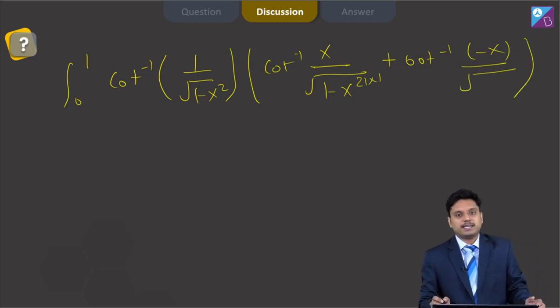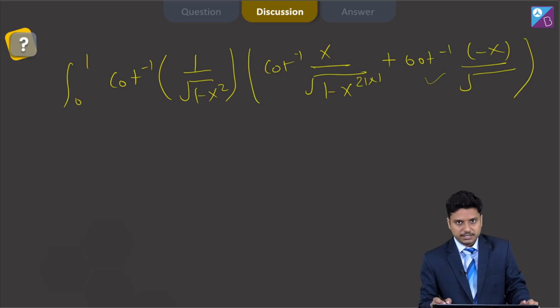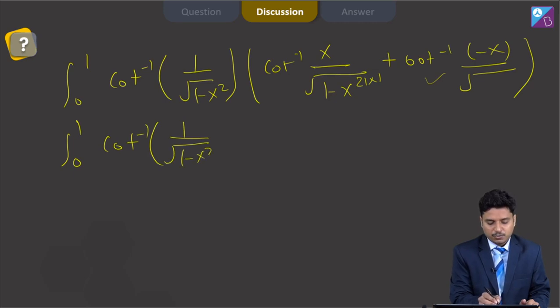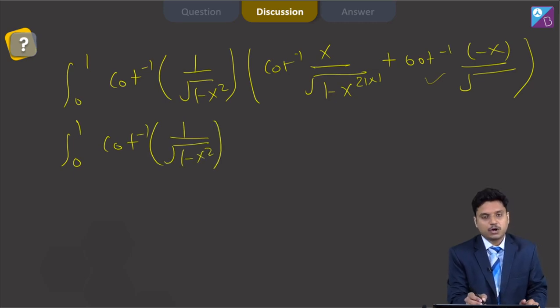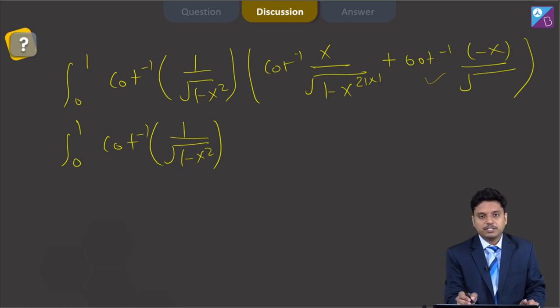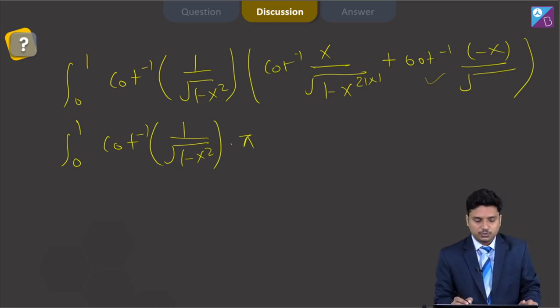So cot inverse minus theta, what can we write about this? This cot inverse minus theta can be written as pi minus cot inverse theta. So this gets converted into cot inverse 1 upon under root 1 minus x square. If this is cot inverse p, this is cot inverse minus p. So cot inverse minus p will be equal to pi minus cot inverse p. So the sum of these two quantities should be equal to pi. So I am simply putting a pi for the addition of these two terms.